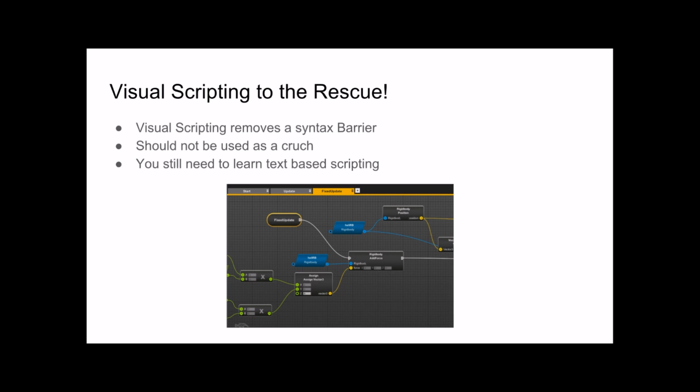Eventually, you're going to have to use this to learn how to do some text-based scripting, because not every job you go into is going to have one of these tools. But it's a really good way to learn the concepts of scripting without having to struggle through the syntax barriers and some of the frustrations. It kind of puts the bumpers on even more so than regular scripting does.